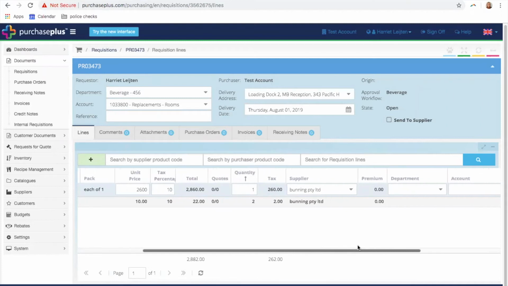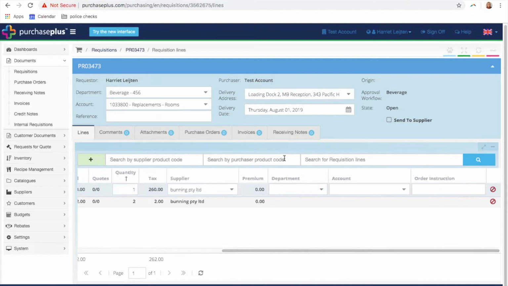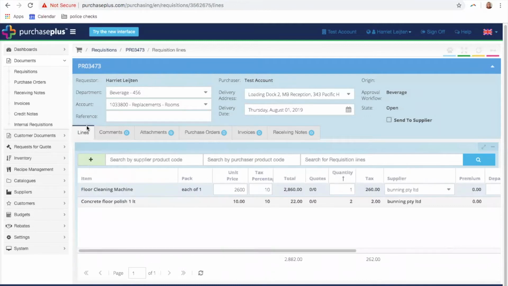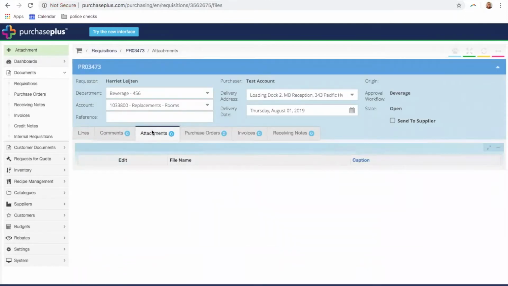Last thing to note, everything else works exactly the same with these different department and account codes and order instruction fields, the comments. The only additional thing I would add on this kind of requisition is the attachments field. If you have to get multiple quotes for a service or an item, or you have pertinent email information to do with this requisition, I highly, highly recommend attaching it here with the green plus